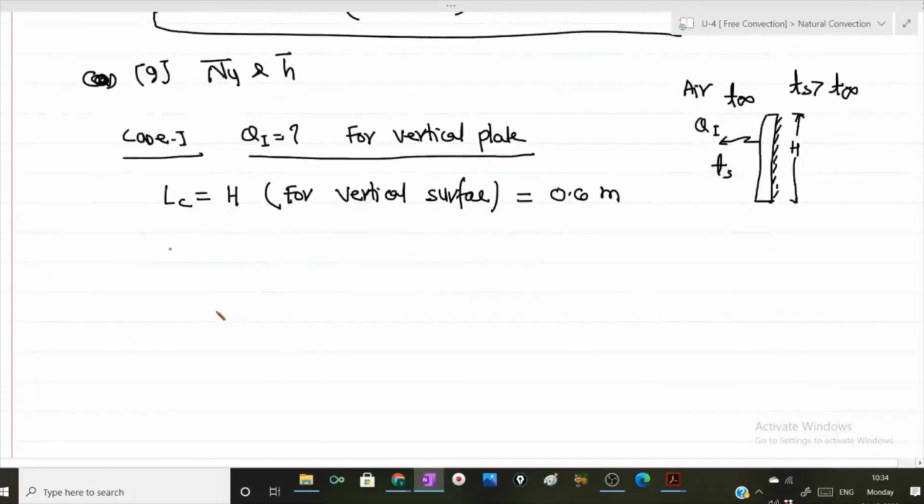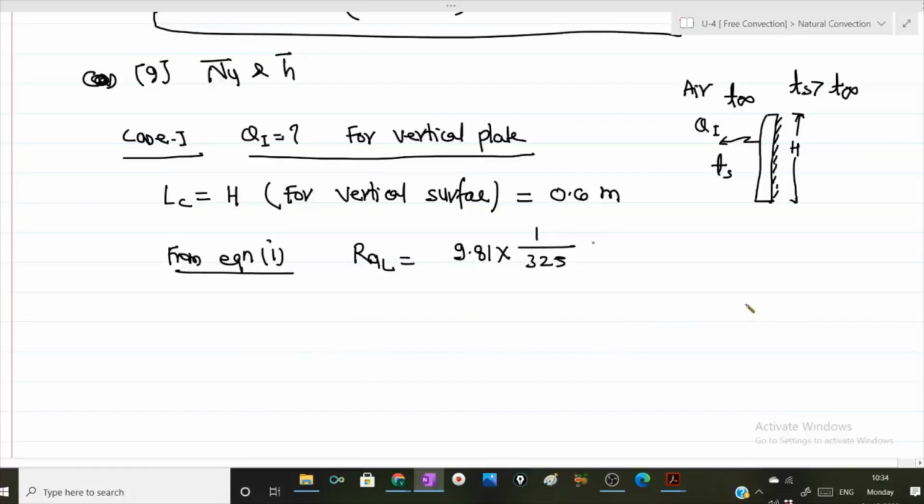So now from equation 1, the value of Rayleigh number will be 9.81 into 1 over 325 into 44 into LC cube, that is 0.6 cube, over 18.15 into 10 to power minus 6 whole square